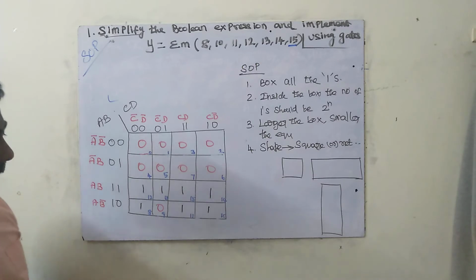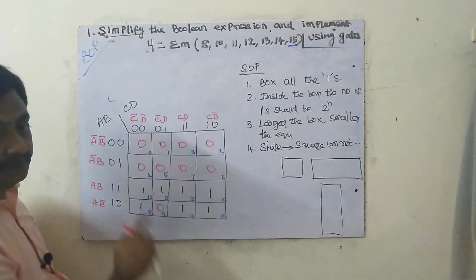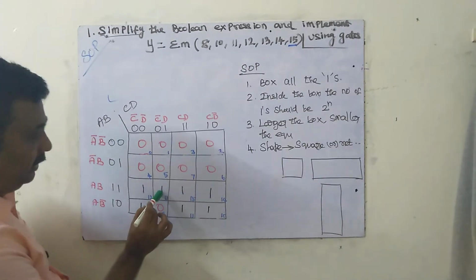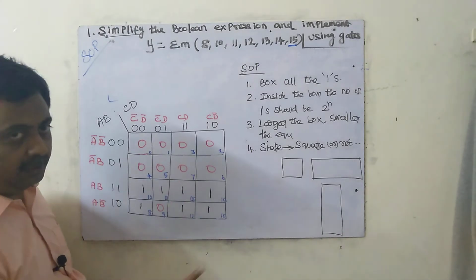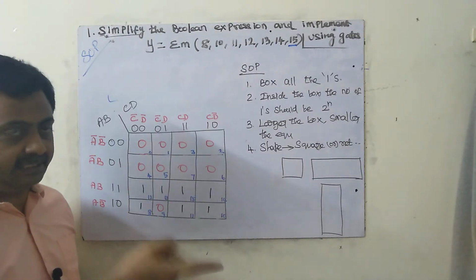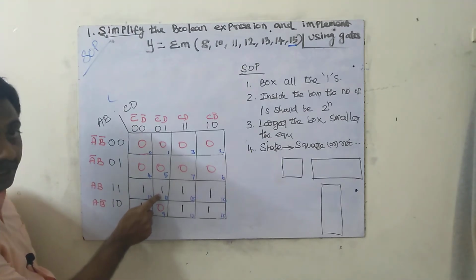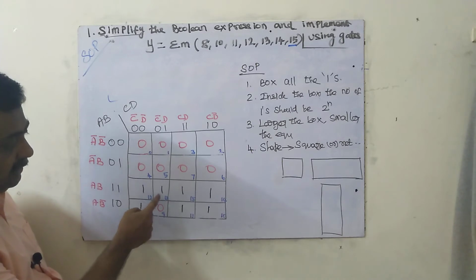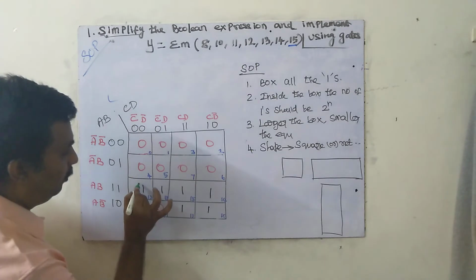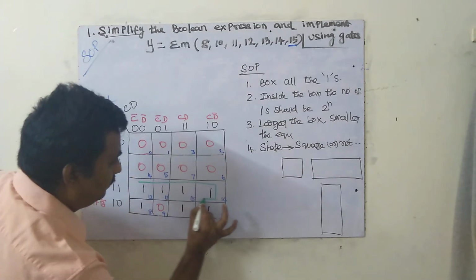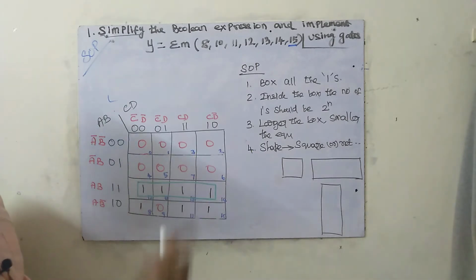I will explain this. See this one, I can box it only by this method. This one is located separately. This one I cannot box by any method. So 16 we cannot box, 8 we cannot box. Next I am coming to 4. Check this one. This one is not at all related with that one, I cannot box it with anything. I have to box only this. So the first time I am boxing like this, all the 4 I am boxing.